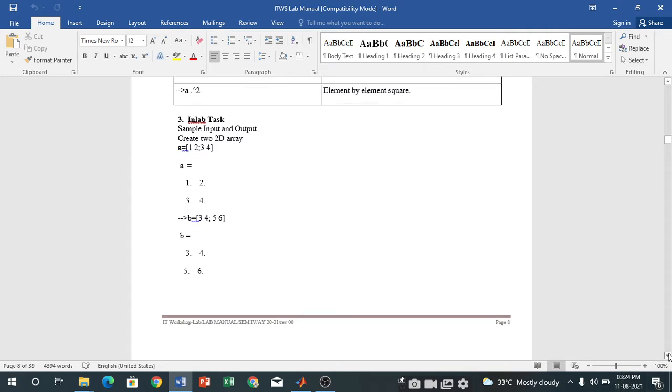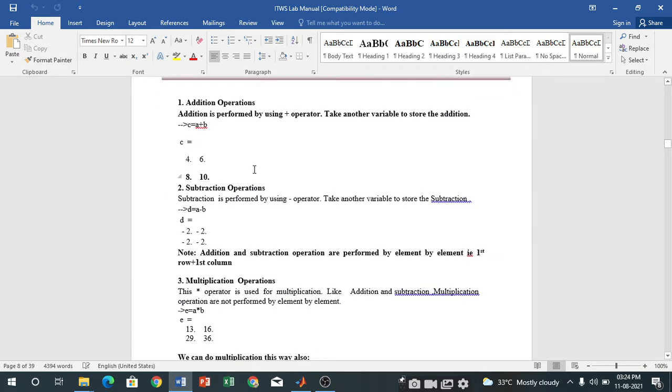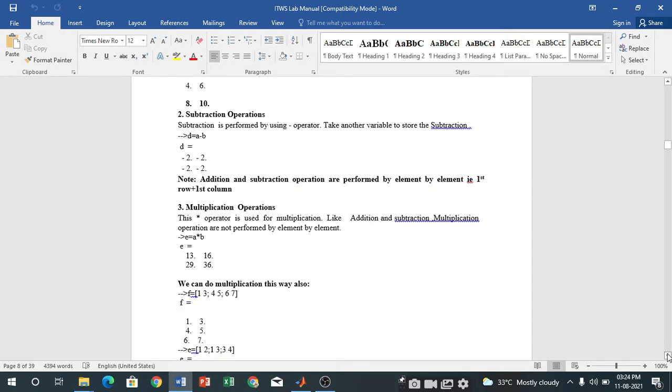Here we are going to perform simple arithmetic operations: A plus B, and the result is stored into C. The same goes for subtraction. For multiplication you have to use dot multiplication, but keep this in mind.